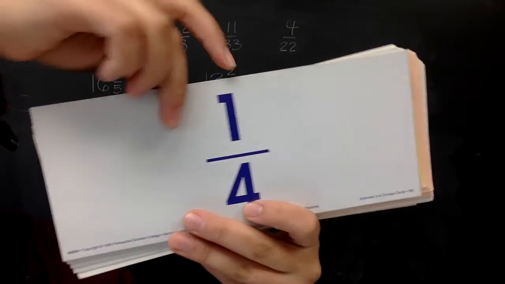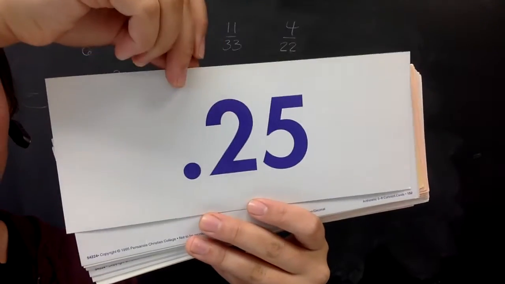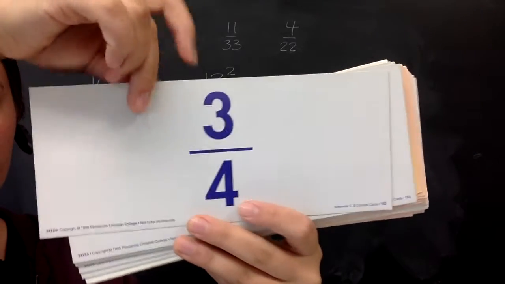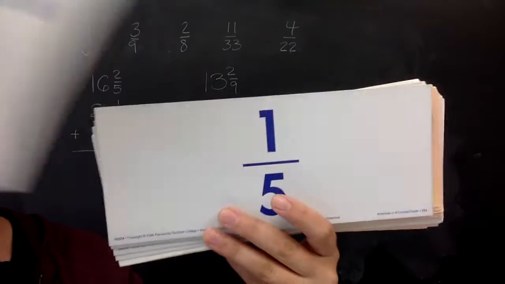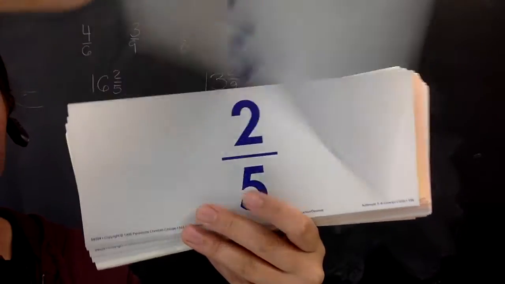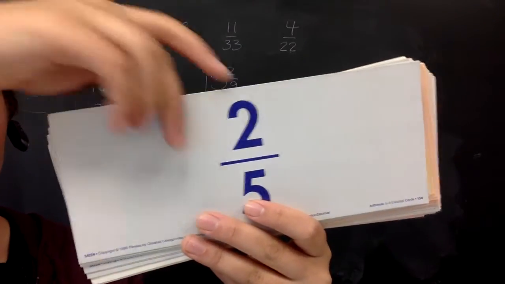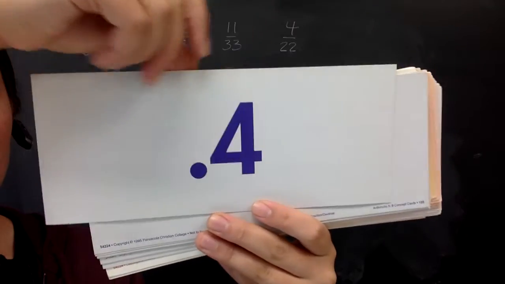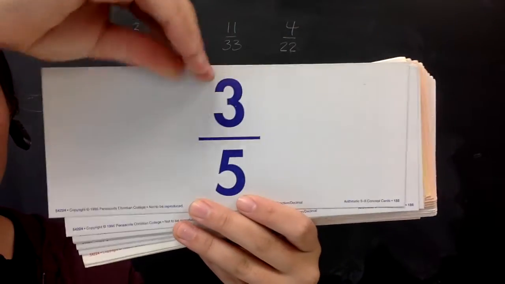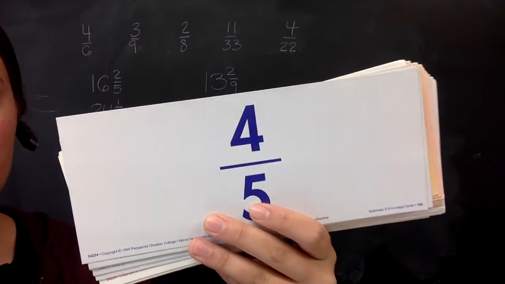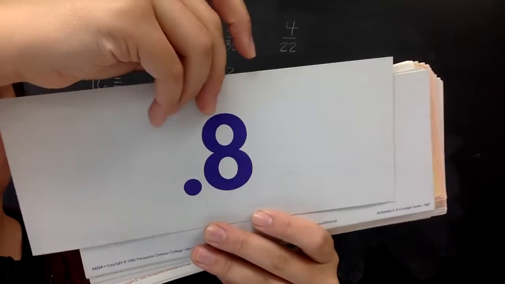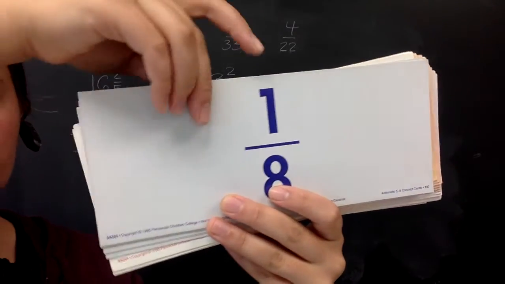Now we're changing these fractions to their decimals. 5/10, 25/100, 75/100, 2/10, 4/10, 6/10, 8/10,